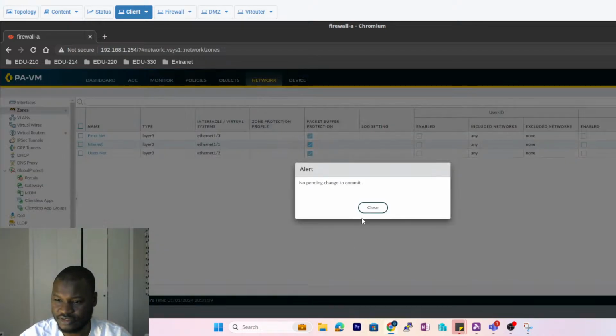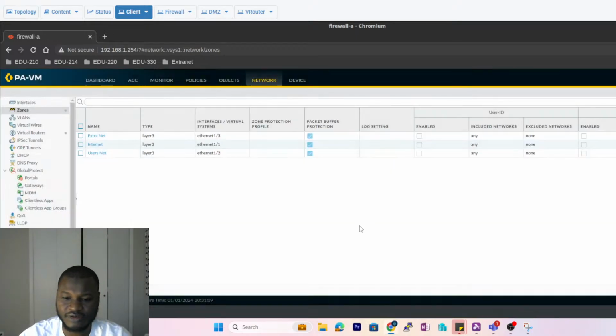It didn't finish. Oh man, I don't know why I clicked on close, but I hope the changes have been applied. Okay, now let me see, save changes. Now that we've finished with all of these changes being committed, the other thing we're going to do now